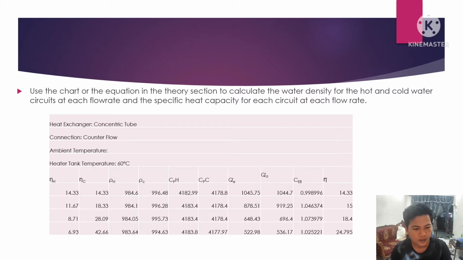For the first test, we get 14.33. The NC is 14.332. The density for hot water is 984.6. The density for cold is 996.48. The CP, specific heat for hot water, is 4182.99. The specific heat for cold is 4178.8. The QE is